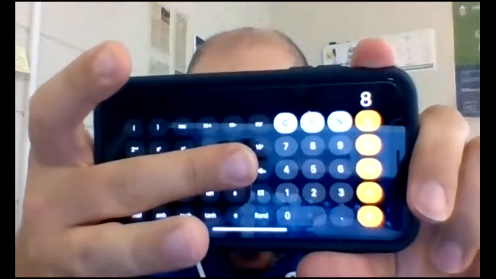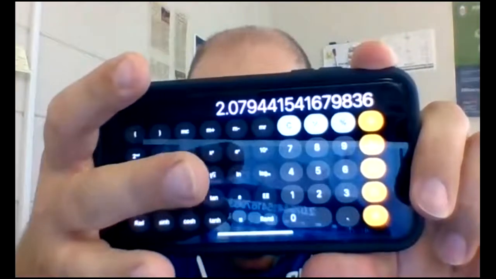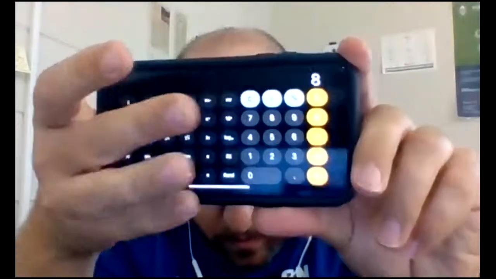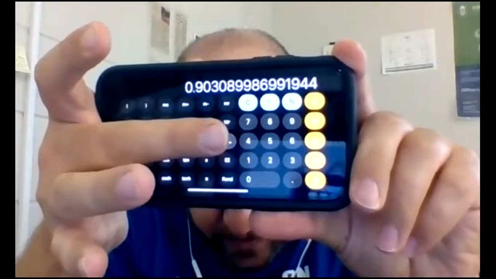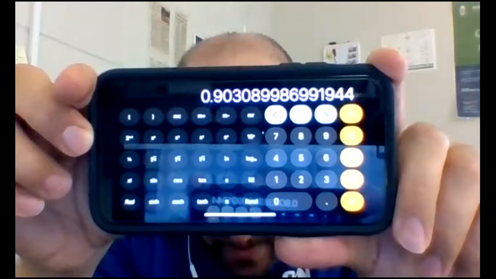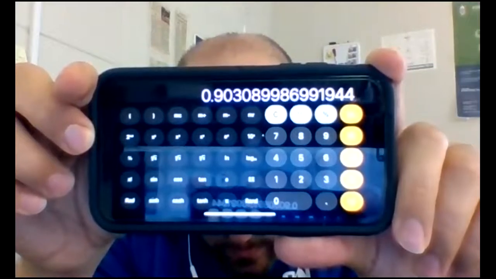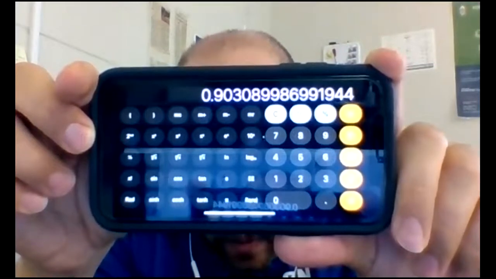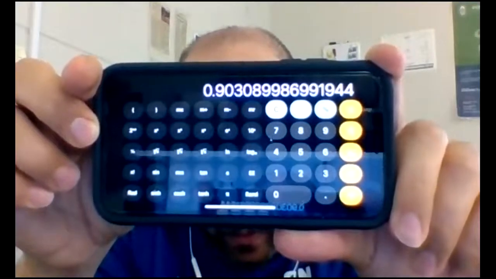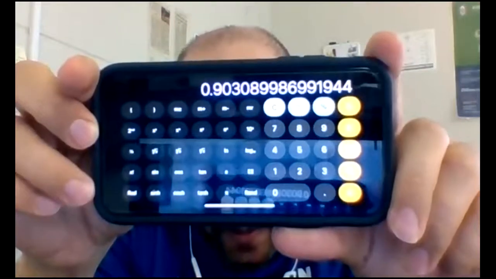I'm going to hit log base 10 like I just did. Again, I don't have to hit equals. Oh, I think I hit ln. I did hit ln. Try it again. All right, 8, log of 10. There we go. 0.903088089986991944. So you need to leave that whole decimal in, but we're going to round it to 0.903 when we